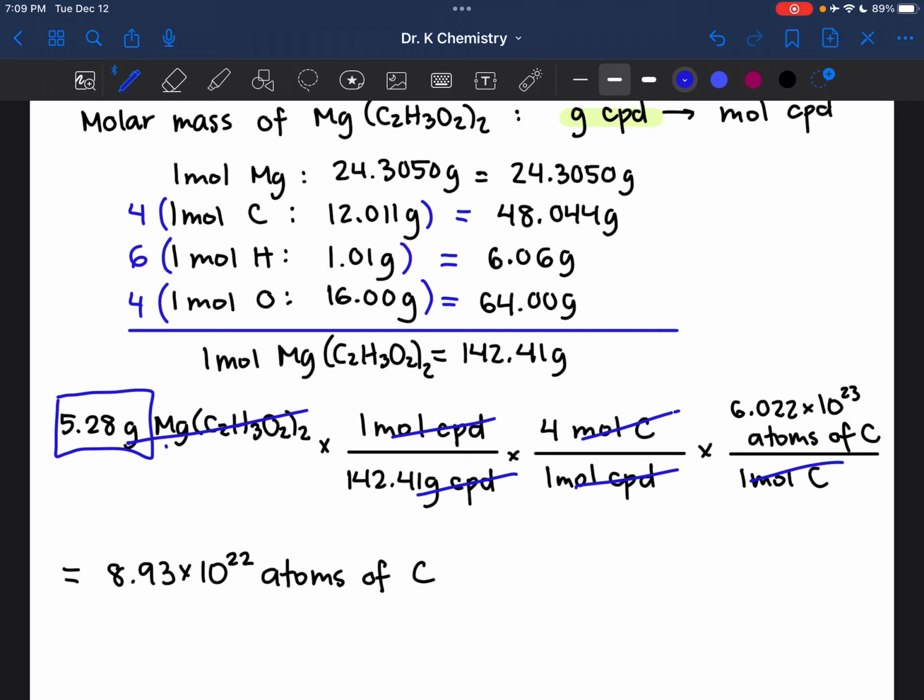If you are weighing enough of them to get 5.28 grams, and you can't even see an atom, they are so small, you should be getting a really huge number, because there's no way you can weigh an individual atom. You need a huge amount of them in order to be able to weigh them. So seeing something with a giant exponent means that we have likely gone